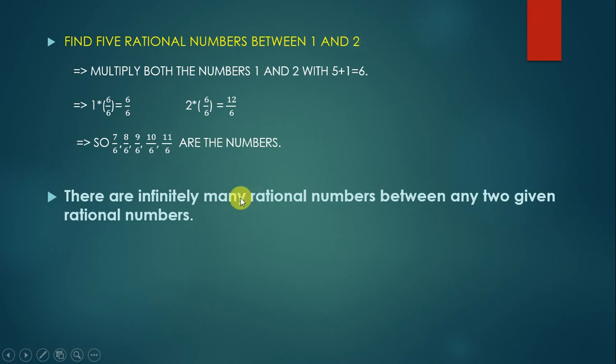Okay. And one more thing is, there are infinitely many rational numbers between any two given rational numbers. So you can take 6 or 7. You just try that. What will be the answer when it comes to 7? You understand how to find this one? If you are asked to find 5 rational numbers, you can take the number as 6 and multiply 6 by 6 on both these numbers. You get the 2 endpoints, and then the numbers in between are your answers. Okay.